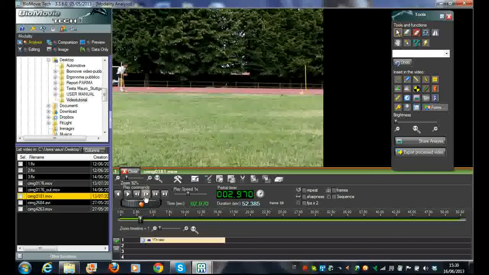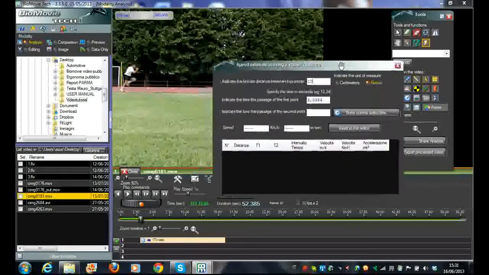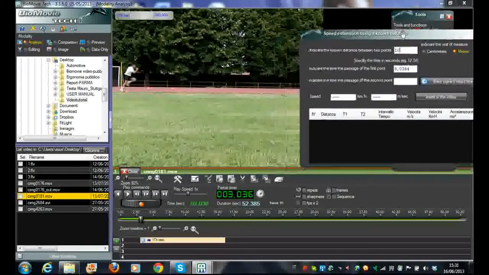For instance, is this one. When you start with the 0, okay, you go here, estimated speed, you set 10 meters because we know that the exercise is 10 meters, or you can put the same measurement in centimeters, but you say 10 meters. This is the time